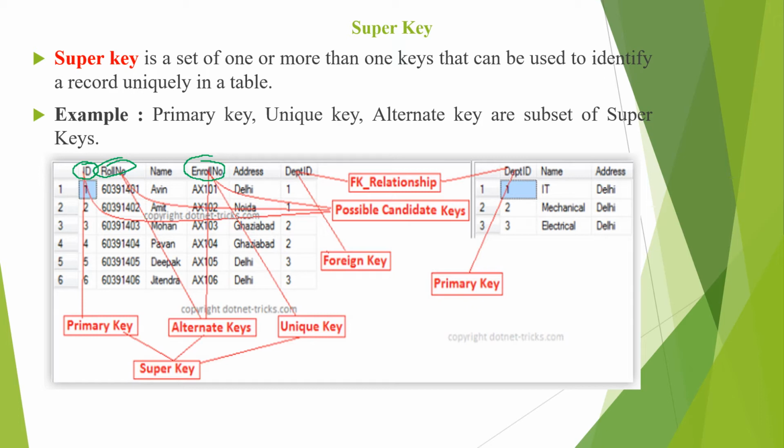When it uniquely identifies each and every tuple in that particular table, we can make these attributes key attributes. So if you make ID a primary key, the roll number attribute an alternate key, and the enroll number a unique key, then all these are subsets of the super key. Therefore the super key is also a superset of the primary key, alternate key as well as unique key.